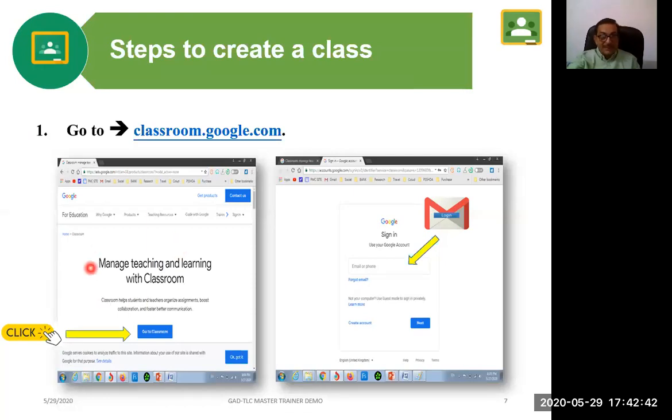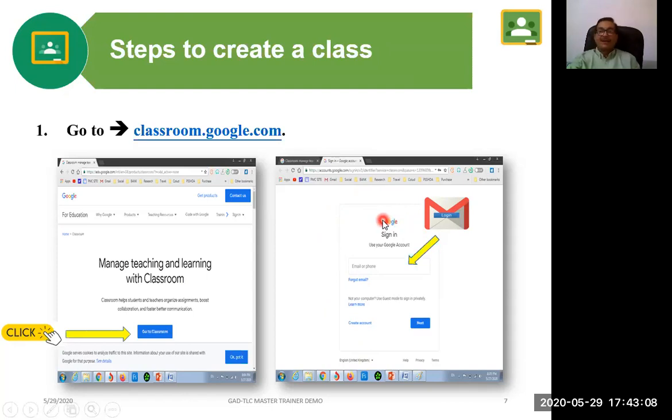Managing teaching and learning with Classroom. On this web page, you will find a button showing Go to Classroom. So you have to click on it. Whenever you click on this Go to Classroom button, it will bring you to another web page asking you to log in with your Gmail account.